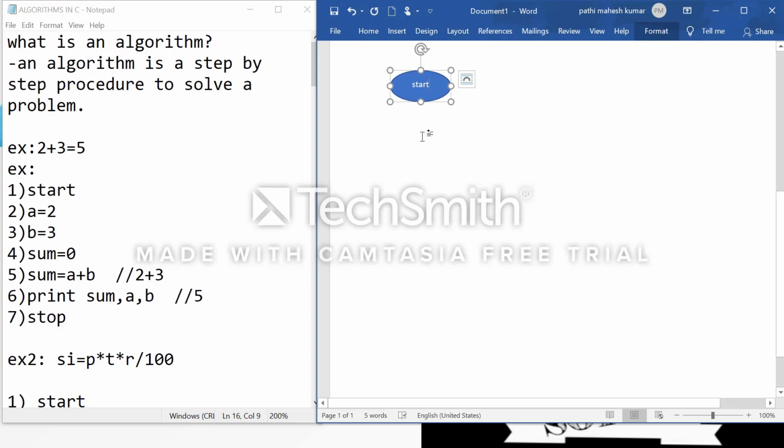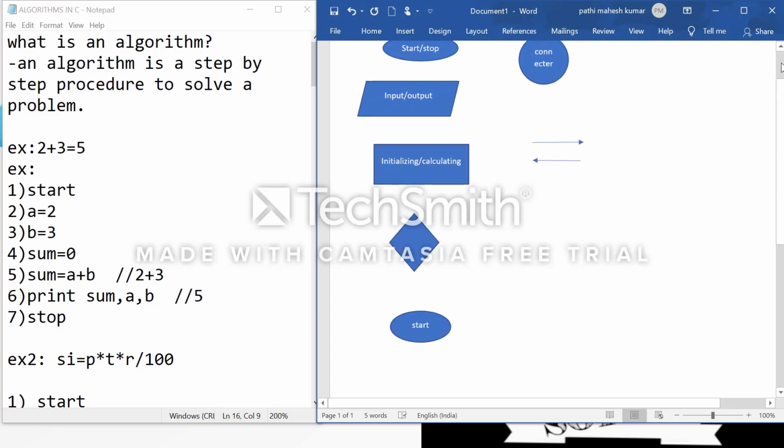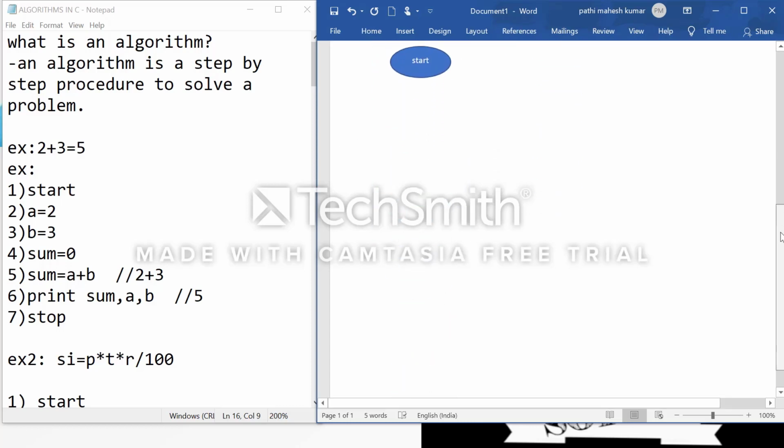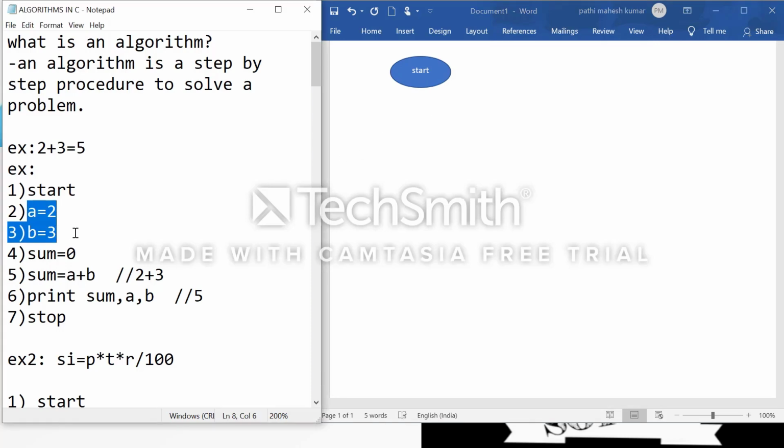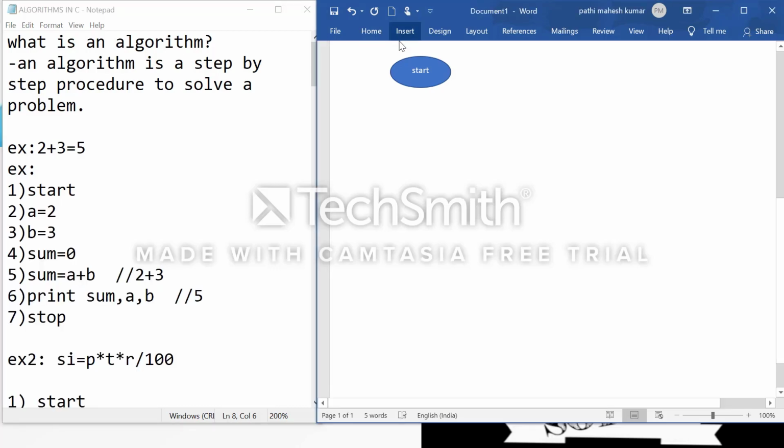Okay, I already told you start and stop operations are used only in an oval shape. Okay, and I want to initialize. So before that we want to give our input. Okay, that's why I'm taking input.